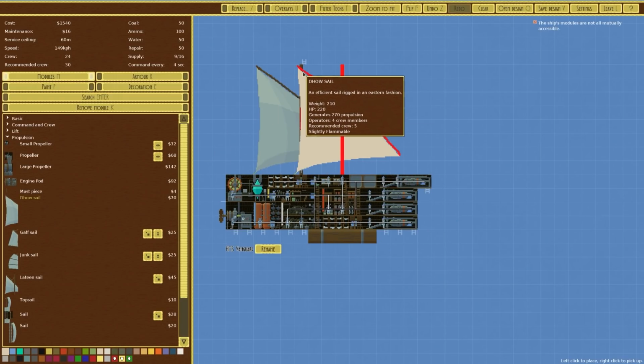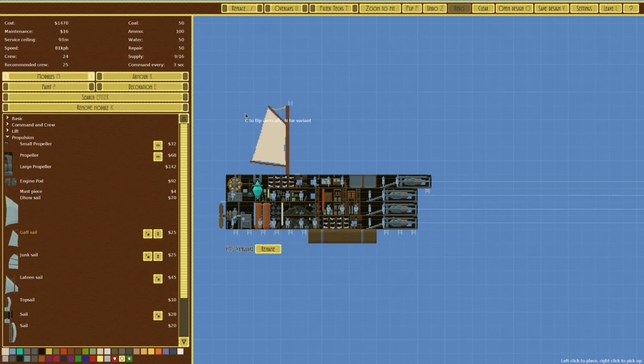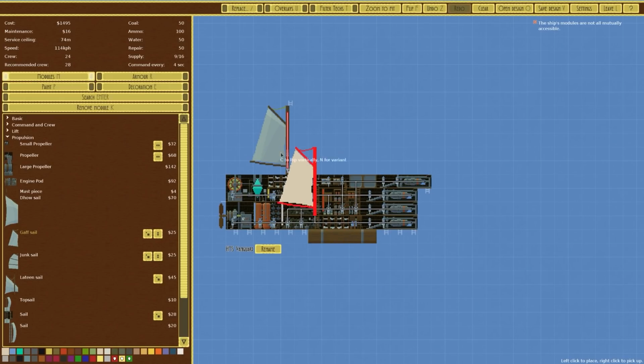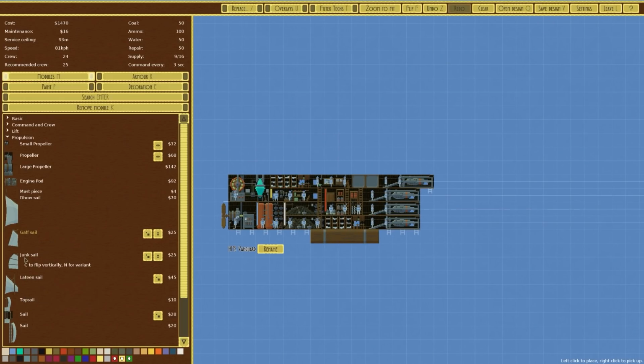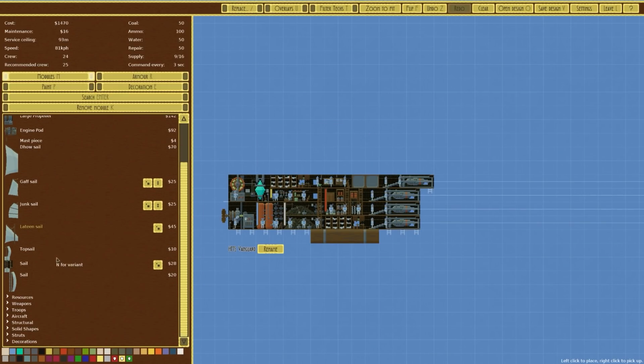The masts themselves seem to be a lot thinner. Gone are the old tree trunks with bits of canvas hanging off them. We've got these much better sails now. So, that junk sail, that's pretty good. And then you've got these other sails, more lightweight ones. I think you've still got...